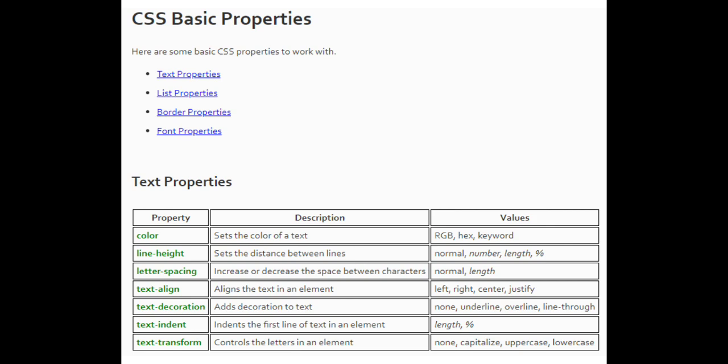Next, text indent indents the first line of the text in an element, with a length or percentage value. Text transform controls the letters in an element: none, capitalize, uppercase and lowercase. These are all the text properties we can use in our CSS style sheets.